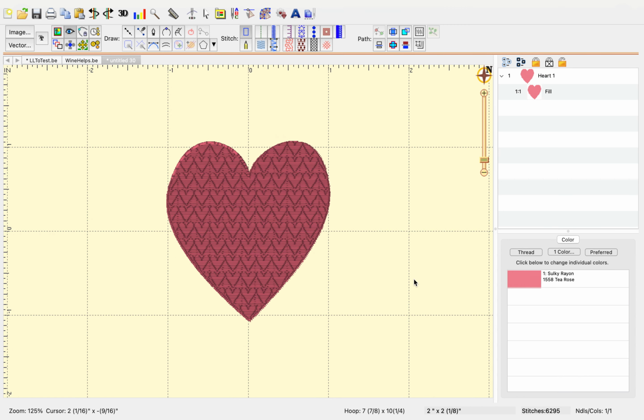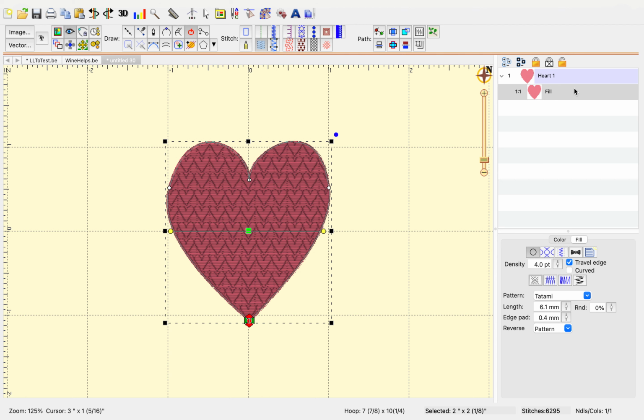Okay, that's awesome. But then I thought, you know what I'd like to do? I'd like to outline this with a satin stitch in a different color. So I'm going to go over to my Objects panel, and here I have the heart. So I'm going to click on the heart, and instead of going back up here and grabbing another one and sizing it, make sure it's right, I'm just going to hit Command or Control C for copy, Command or Control V for paste. Now you see the second one has put in here, and it has the fill. We can just go up and change it